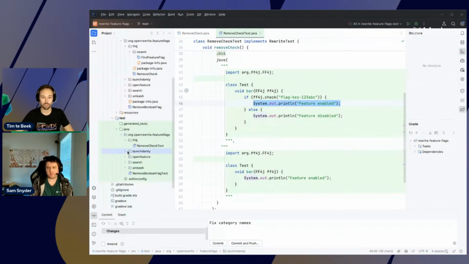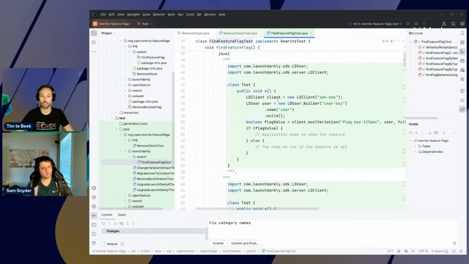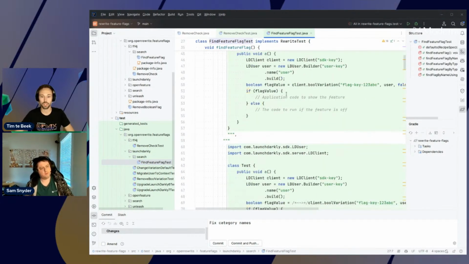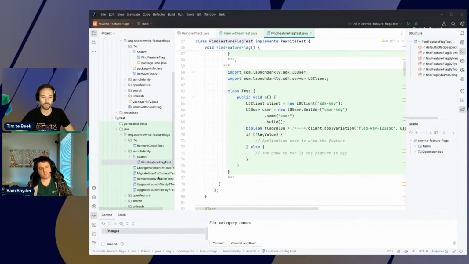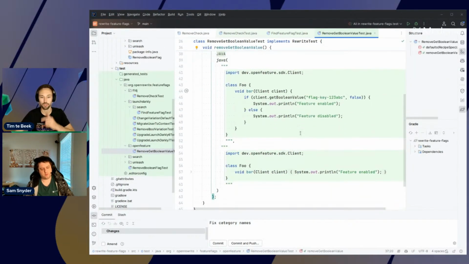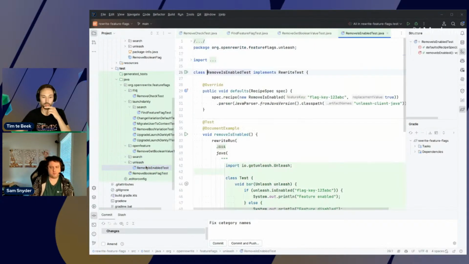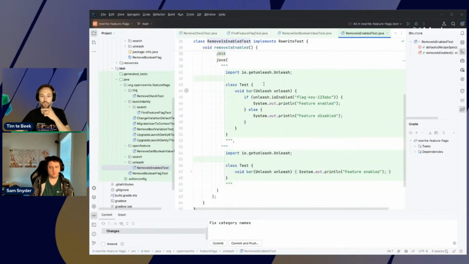And similarly, we have this, of course, still for LaunchDarkly, where their SDK is slightly more verbose, but we're still able to clear out those patterns for you. We also have it for OpenFeature, as you saw me do in the demo. We're able to clear these out. And then the final one is that we have it for Unleash, where you're also able to do these types